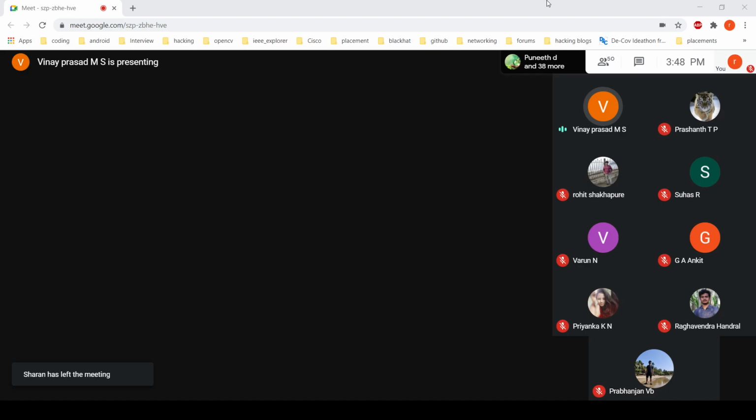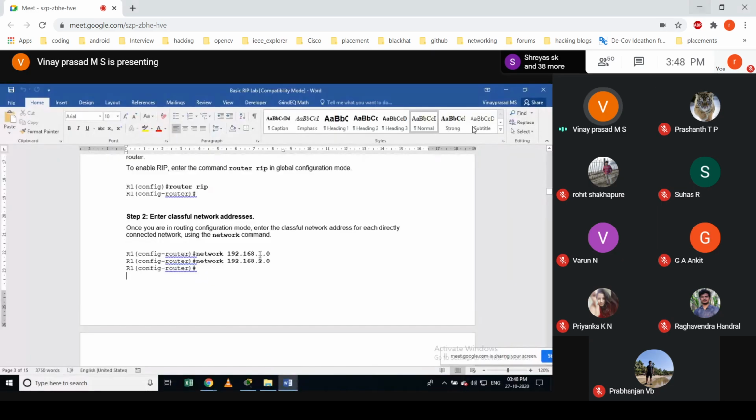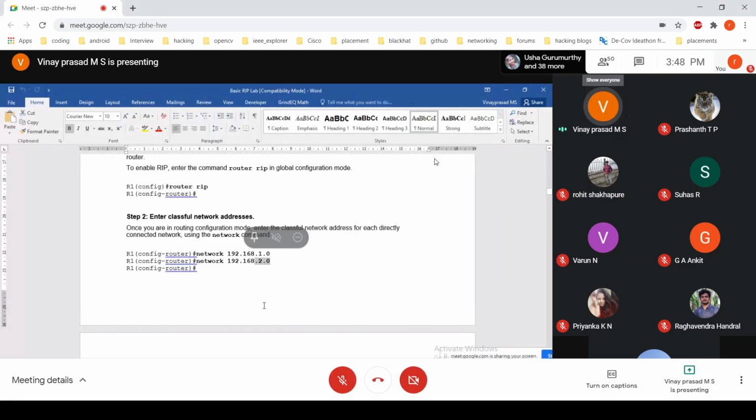It's very simple. Enabling RIP and defining the local networks which are connected to that router. These three are the networks which are locally connected to R2. Similarly, R3 and R1 would have different networks locally connected. For R1, 1.0 and 2.0 are locally connected.